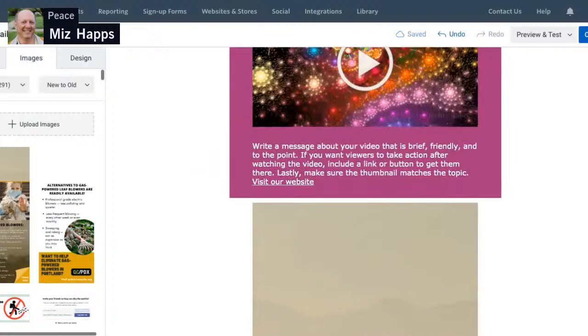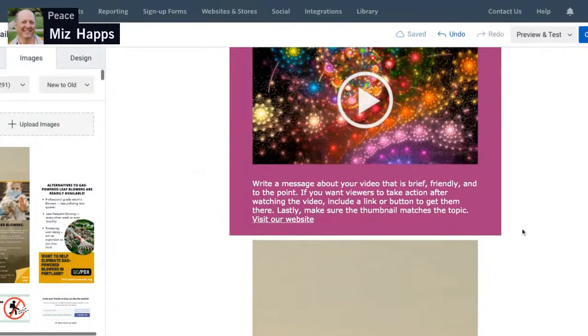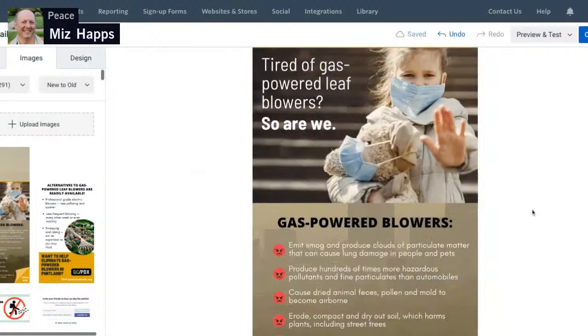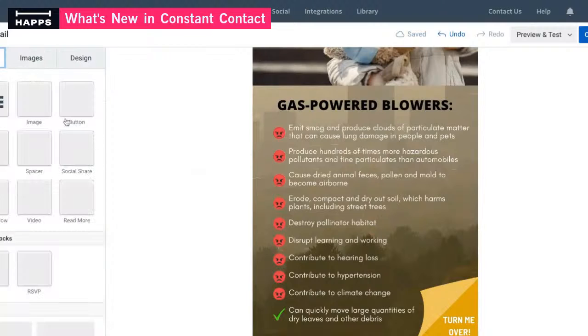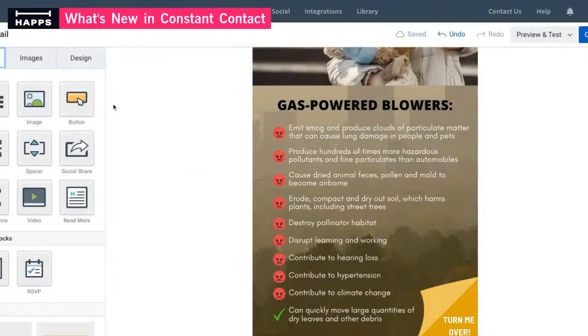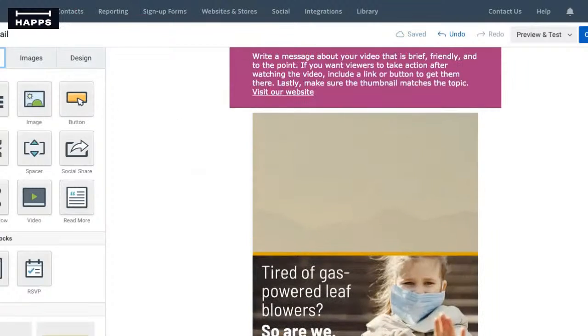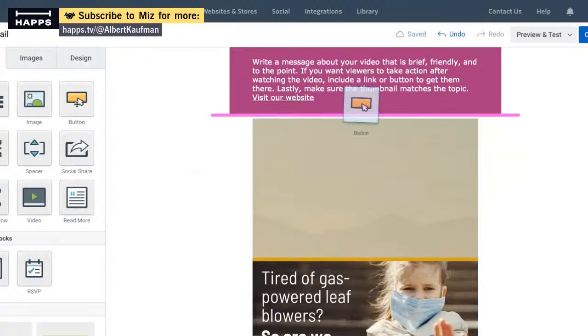Yeah, it's probably because it's going to be shown on a phone. This is being built to go to a phone. So some more things to look at over here. You can insert a text box, an image. You can create a button. Nice thing about buttons is, again, they can be